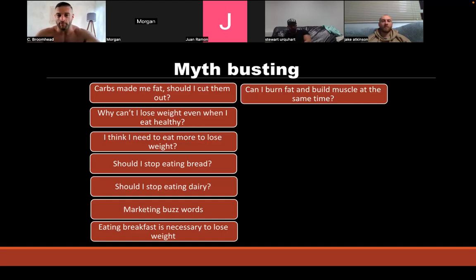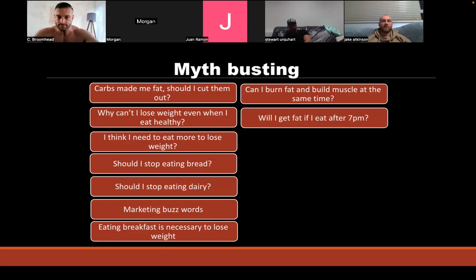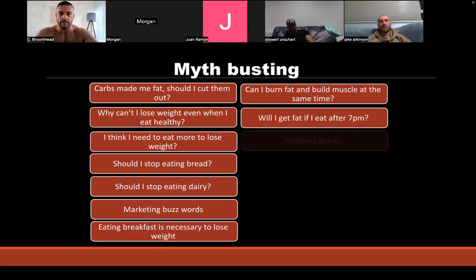We've covered, can we burn fat and build muscle at the same time? Can eating late stop you making progress? No, absolutely not. Most of us probably eat our last meal quite late. However, if you eat a huge meal close to bed, it can disrupt your sleep through fluctuating blood sugar levels or just being really full. If you ever go for an all-you-can-eat in the evening, for example, you'll struggle to sleep. You struggle to get comfortable, and your body's still trying to digest. It's not in a state to sleep.